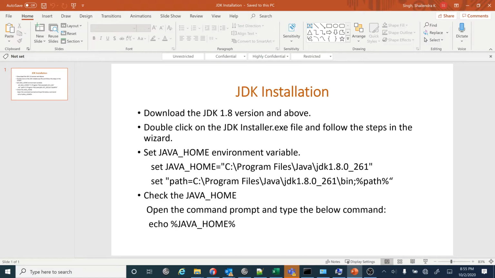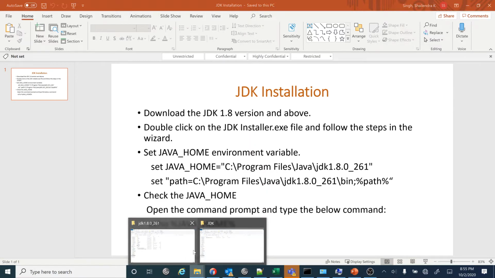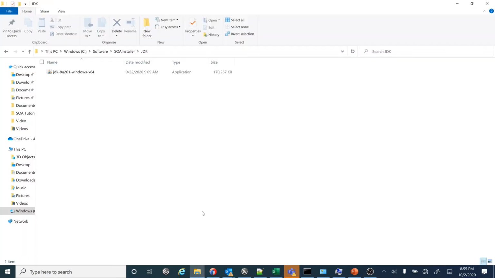So to do this, first of all you need to download the JDK installer and save it somewhere in your computer. For me, I have downloaded the installer from Oracle site and I have saved this installer to this particular directory. Once you have this installer ready, double click on this, then there will be one window open and it will ask you to click on the particular button which is next or something, and from there you can start